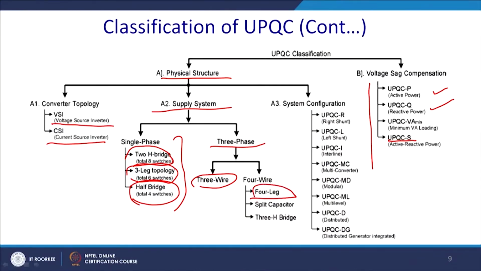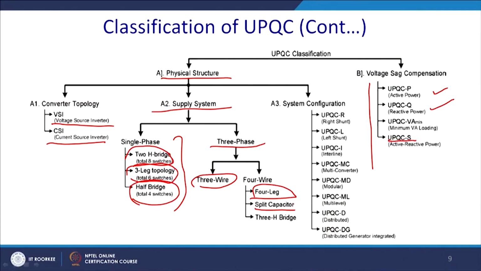We can put a 4th leg with the shunt part, we can connect it to the middle point of the capacitor, that is the split capacitor. Again we can have a 3 H bridge topology also, and based on the system configuration,